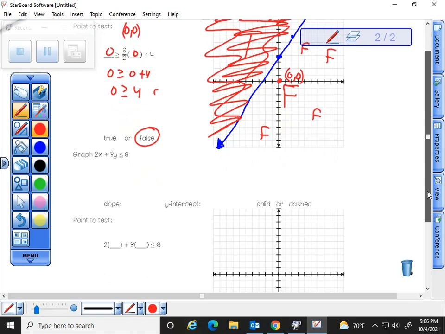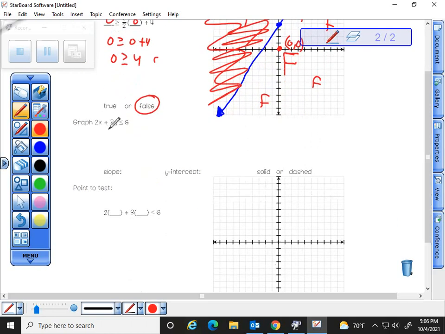Like so. And the last one, I'm going to graph that. Now that one's a little bit tougher. I'm actually going to be looking at it as 2x plus 3y equals 6. I'm going to subtract 2x from both sides. And so we will have 3y equals negative 2x plus 6. And then divide by 3. That's dividing everything by 3. So it's going to be y equals negative 2/3